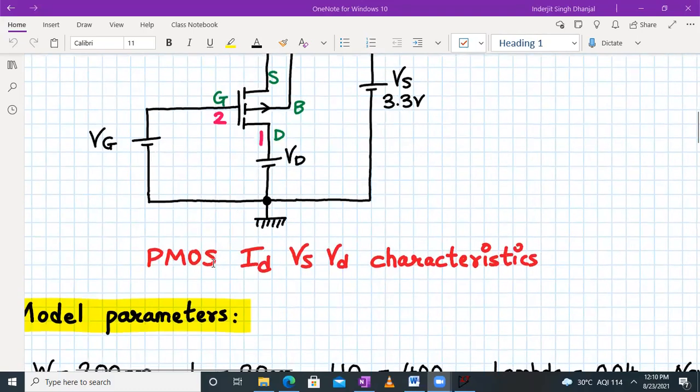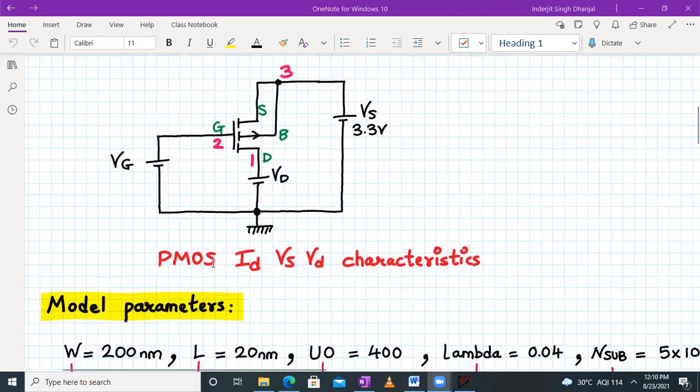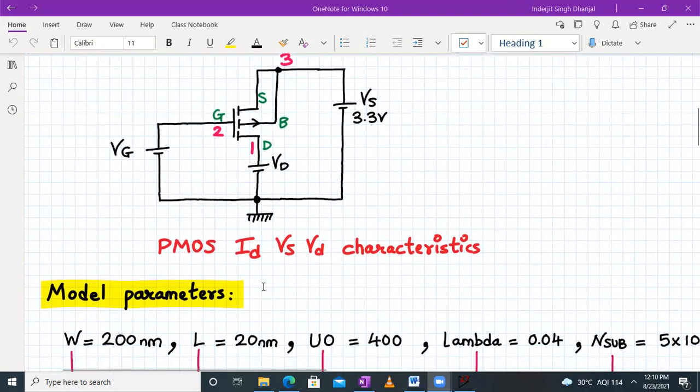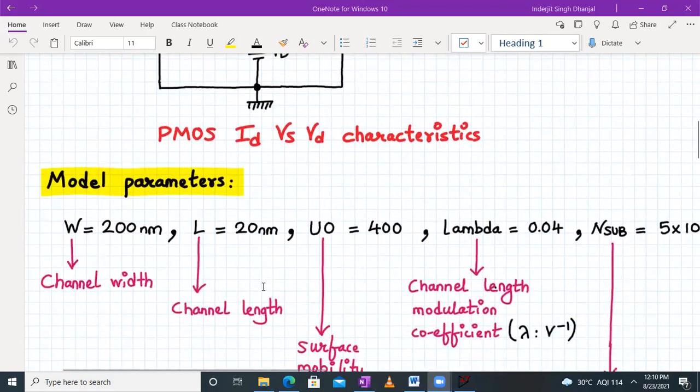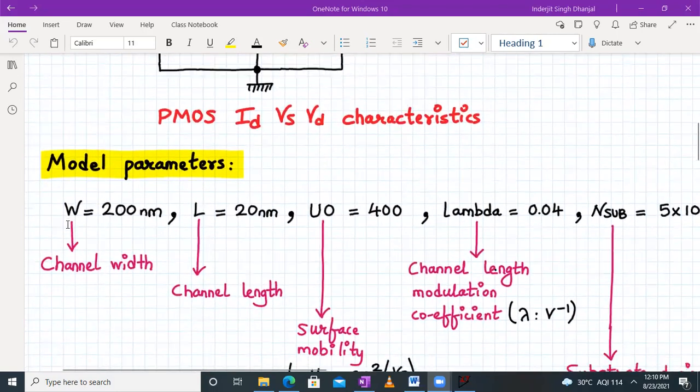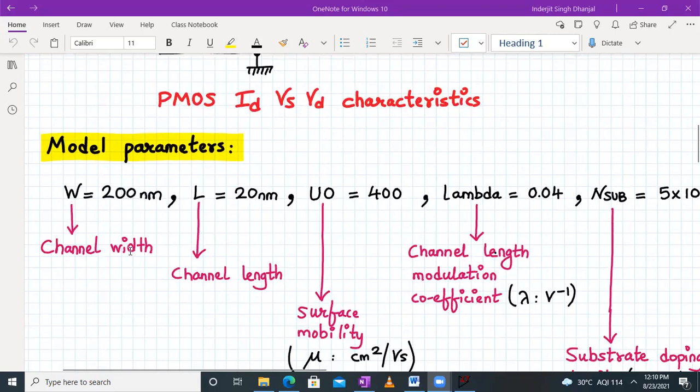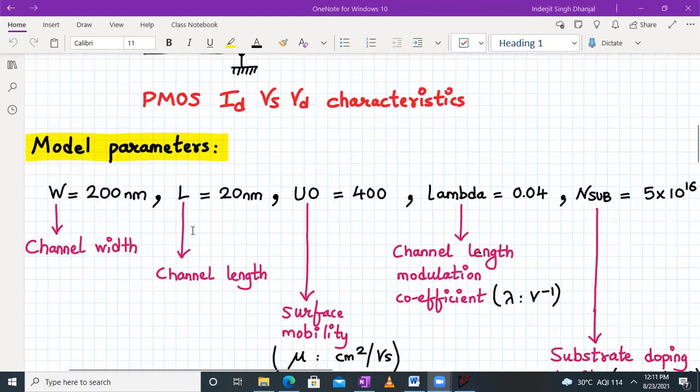Let us also understand the various model parameters associated with this PMOS device. The very first model parameter is W, which is our channel width, and we have to consider its value as around 200 nanometer. Channel length L, by default, we are considering to be 20 nanometer.